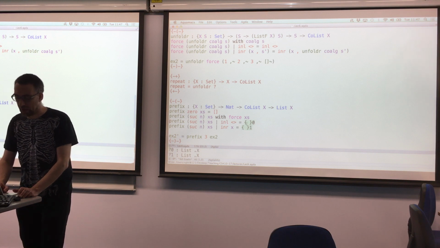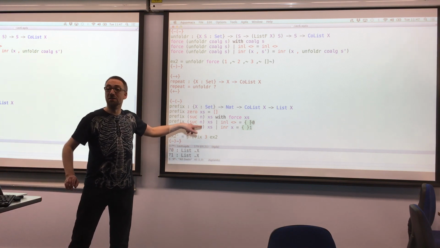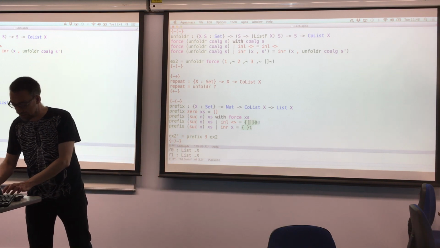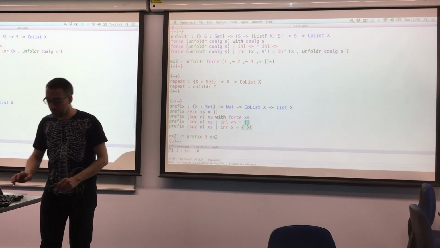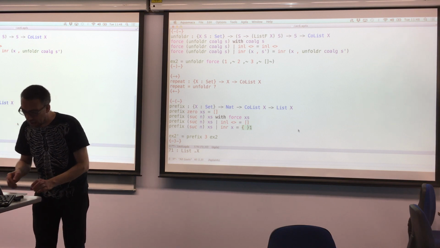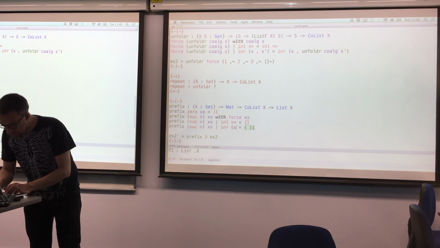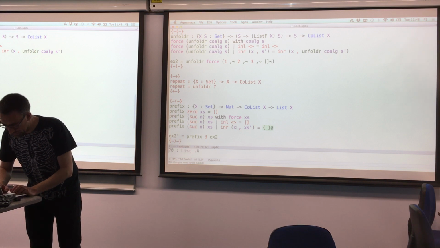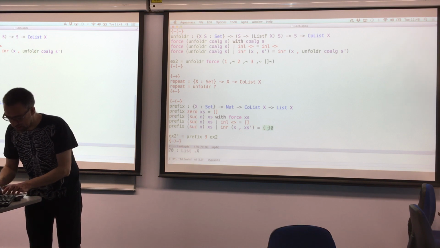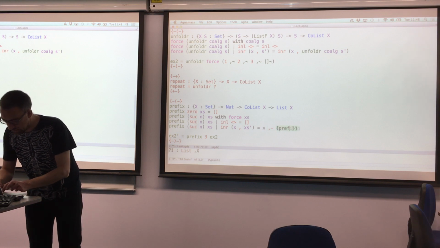And it either says, I'm nil, in which case, sorry, you're not going to get successor of n elements out of this co-list. You'll have to make do with none. Or we've got a cons with a head and a tail, in which case we can say, well, we'll definitely give back the x, and we'll take the n-fold prefix